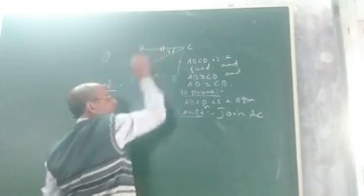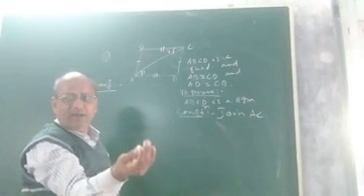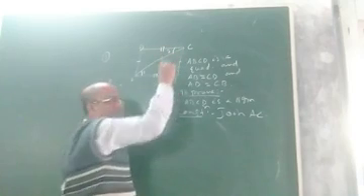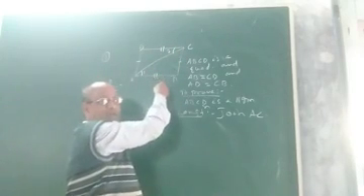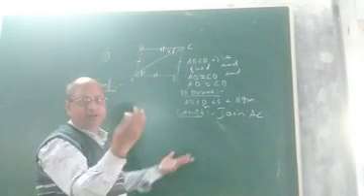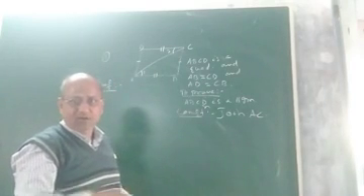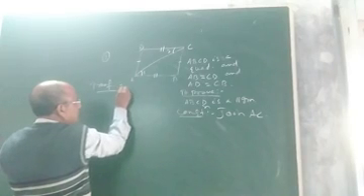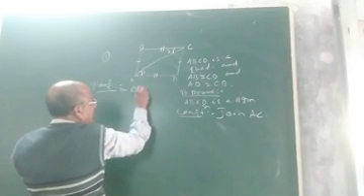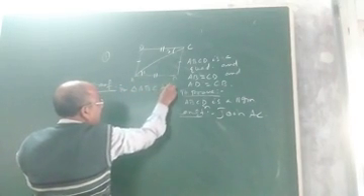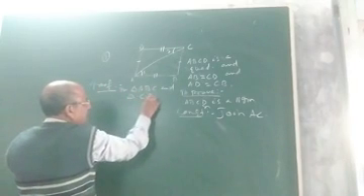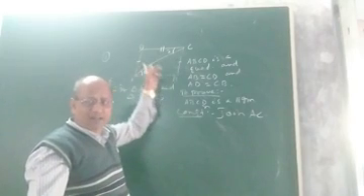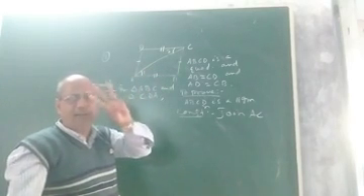And if angle 1 and 2 are equal, they are alternate interior angles. And if a pair of alternate interior angles is equal, then AB will be parallel to CD. And if AB is parallel to CD, you are also given AB equals CD. So no doubt ABCD is a parallelogram. Okay, so how to proceed? Now first you take the congruency in triangle ABC and triangle CDA. Let us find the three matching parts. In order to establish that these two triangles are congruent, we have to find three matching parts.